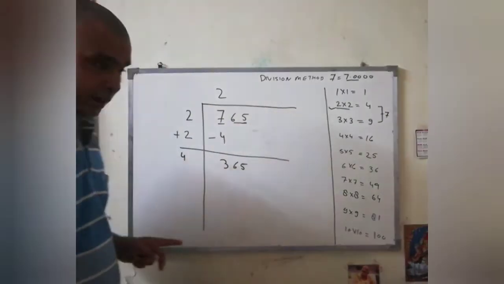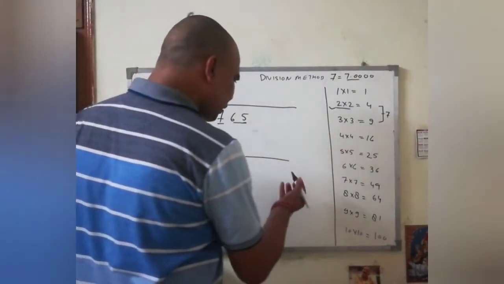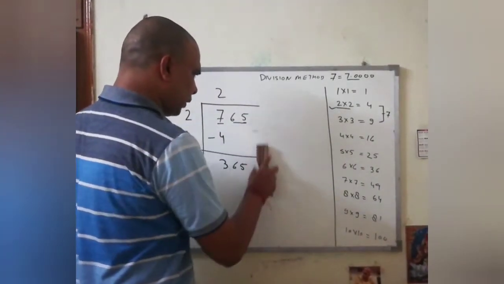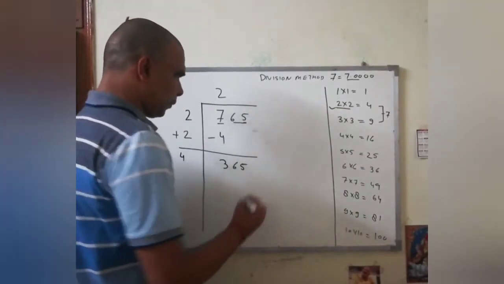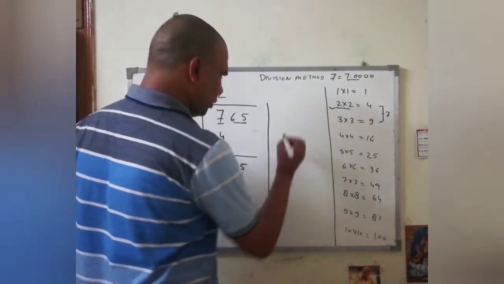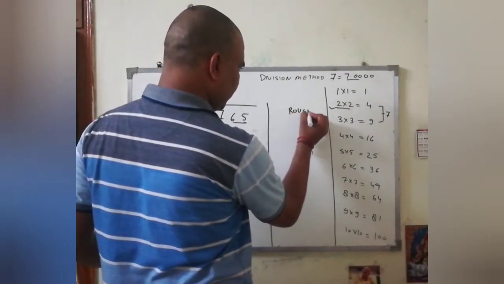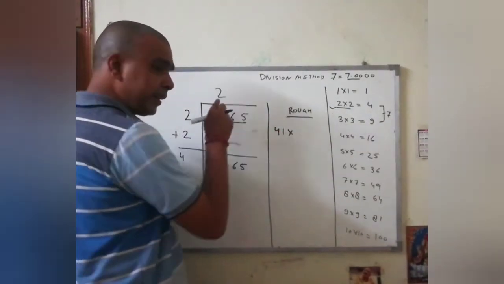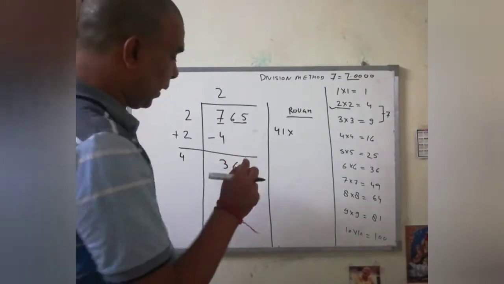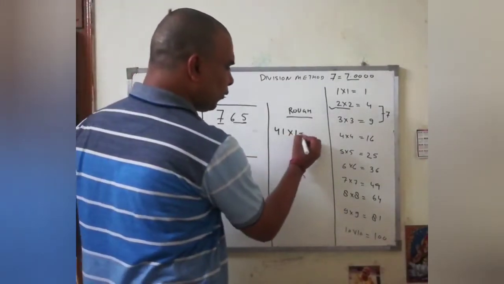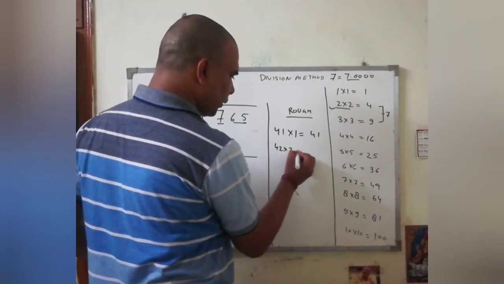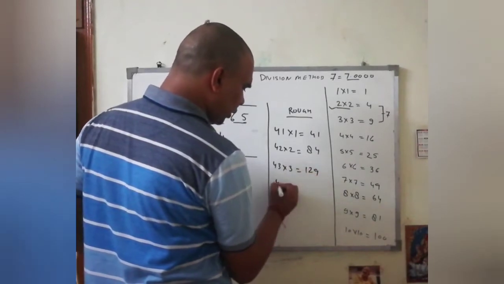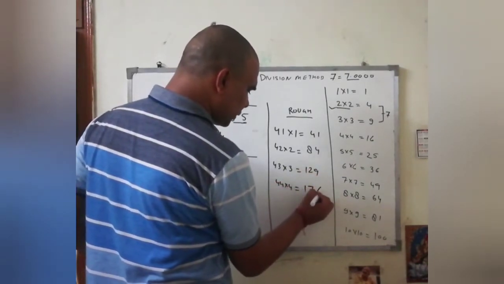Now your rough work starts. Where you do rough work, you can do at any place. I am just removing here. So I will be doing some rough work here. Some space problem is there in this blackboard. Rough work. So 41 into 1, but here no decimal will come as the number is left. 41 into 1, 41, 42 into 2, 84, 43 into 3, 129, 44 into 4, 176,